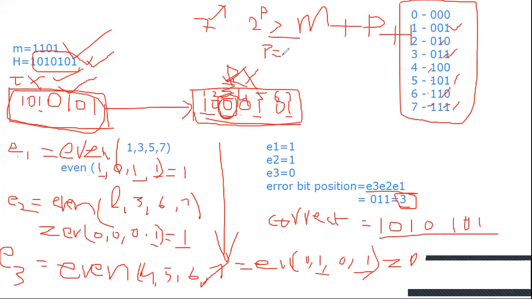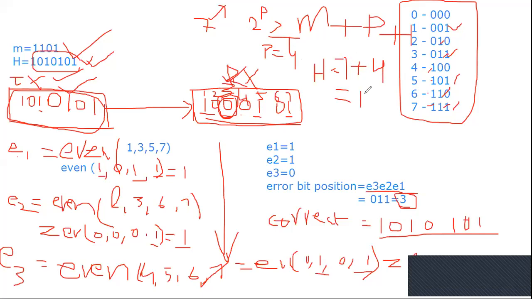That means 4 parity bits are needed. Then in the Hamming code, m plus p, that means 7 plus 4, totally 11 bits. So the number of parity bits